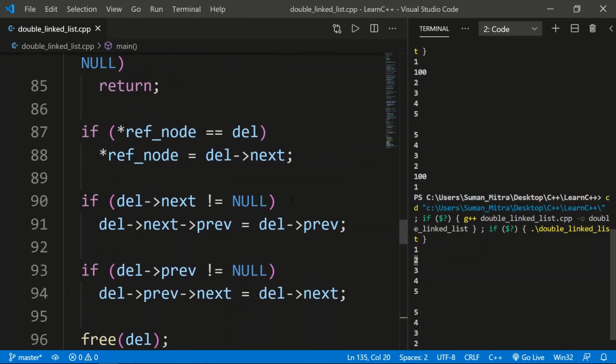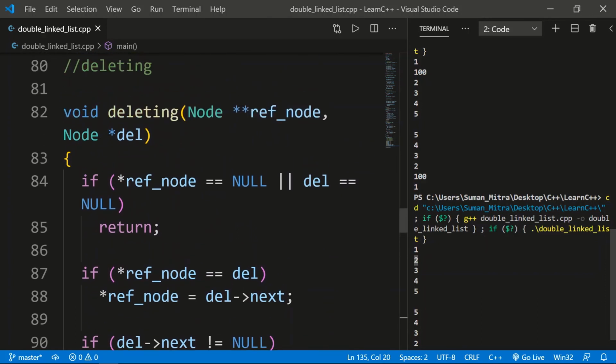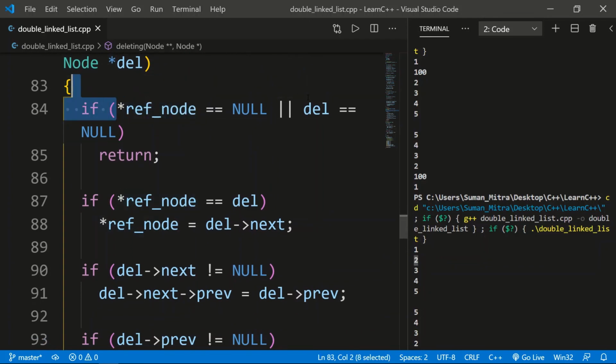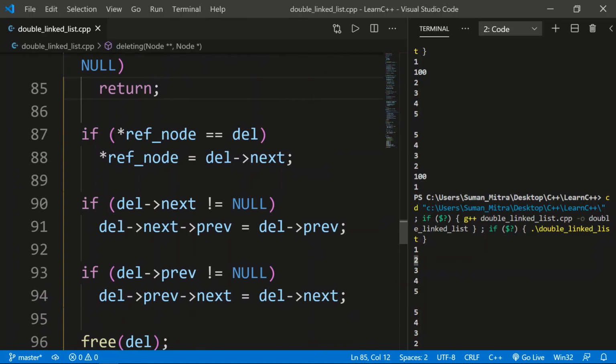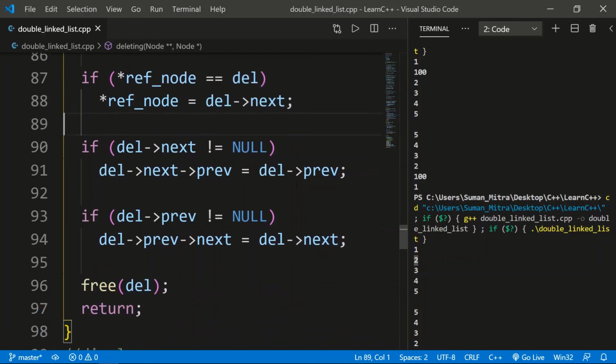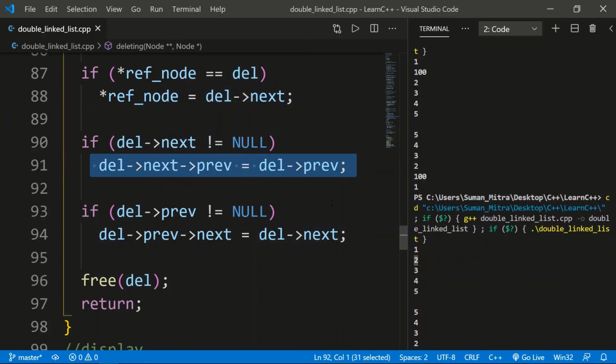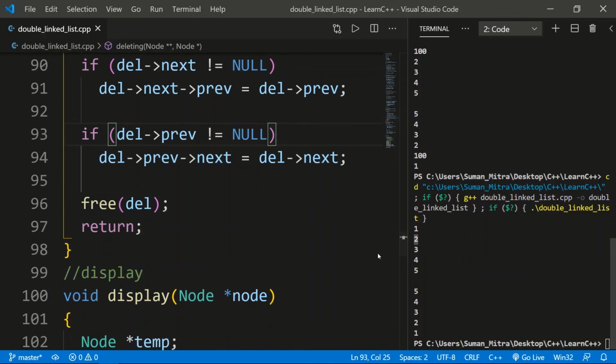I'll show the code one more time and try to explain it again. So this is the function deleting, where we'll delete. We'll pass the head reference here and the node that we want to delete. There were two arguments to be passed. First of all, if any one of them is null, this will have no existence because null means nothing is there, and we cannot delete anything. In the second, we wrote that if we want to delete the head, then the next item to the deleting one will behave as the head now. And if it is not null, means it is not the last element, then do this condition.